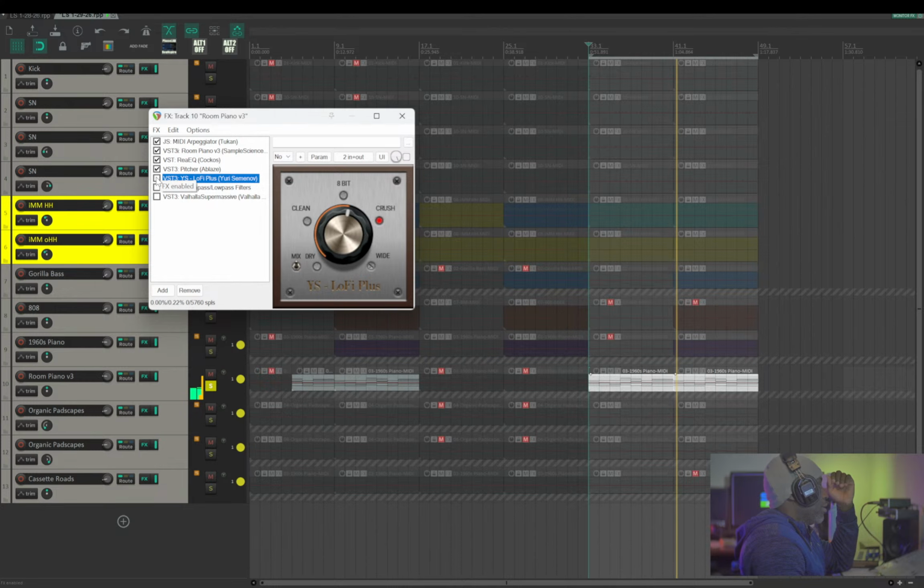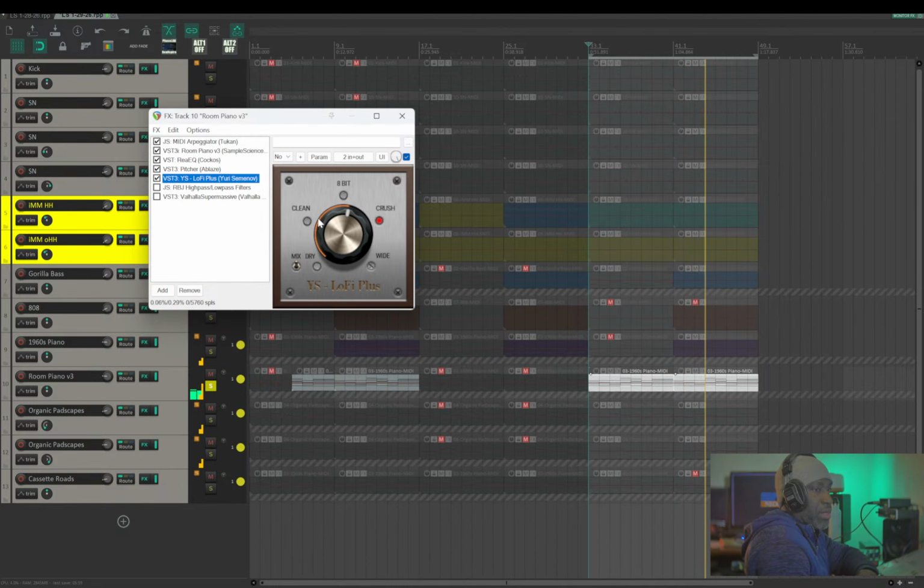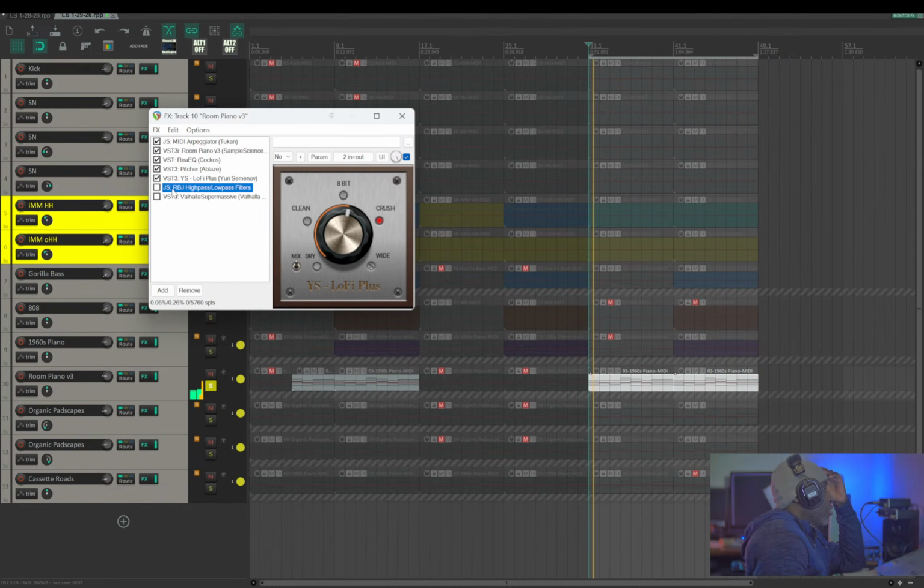Then I applied Yuri Semenov's LOFIplus, which we talked about yesterday, and it just gave me more of what I wanted. Still wanted to control the tone a little bit more, so I added